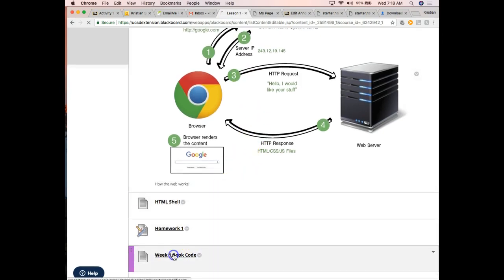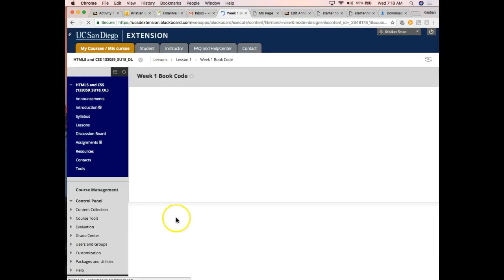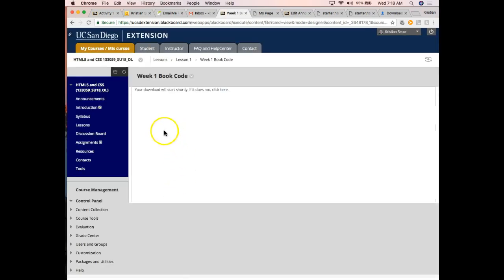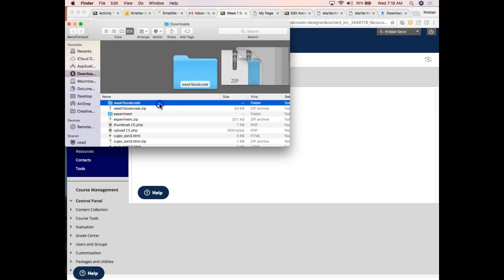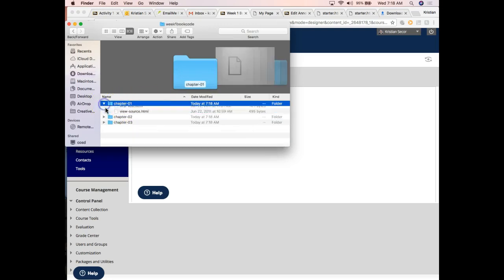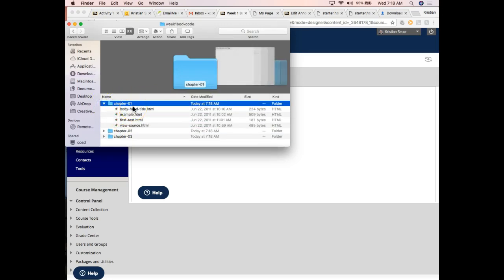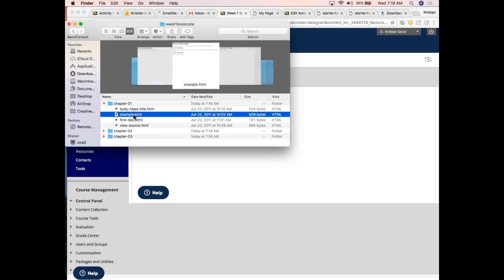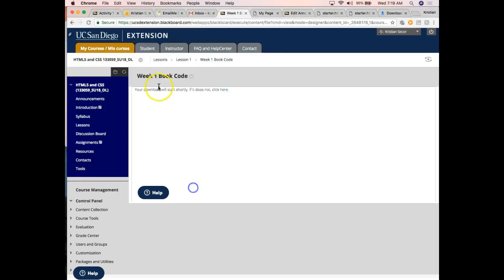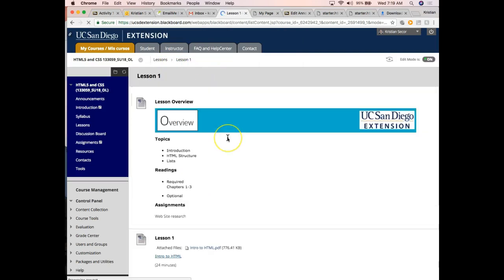You'll also see week 1, which has all the books, the book code. So when this downloads, it'll open up, and this is all the book code from chapters 1, 2, and 3. And I go over it pretty much in depth in our lectures. So I just need you to be able to open this up in a browser and a text editor at the same time to see how the browser is rendering each page. And when I go back to lesson 1, when you're ready to do your homework,